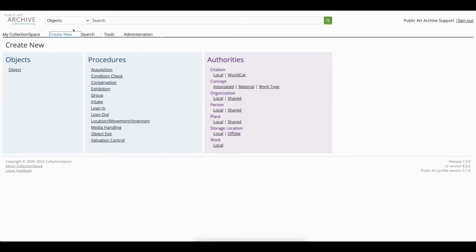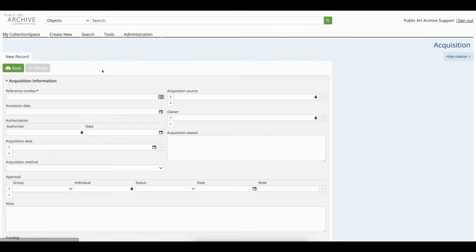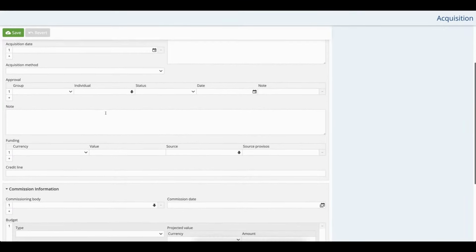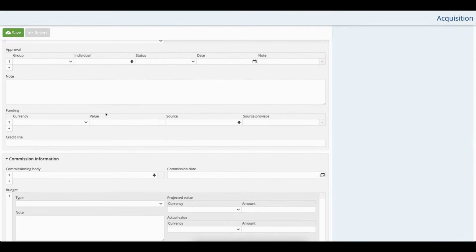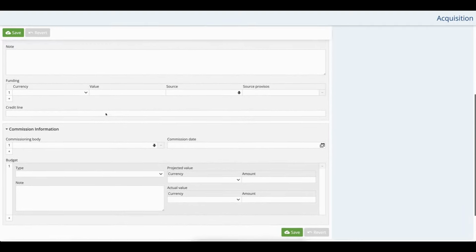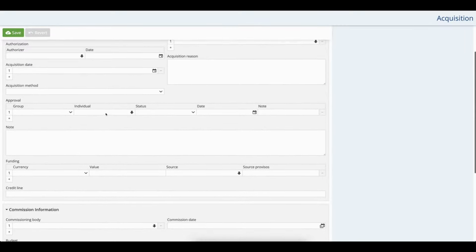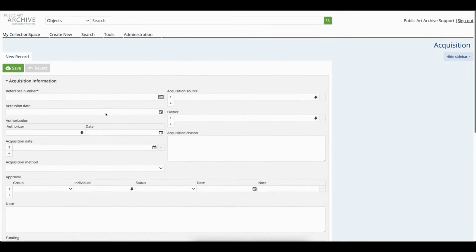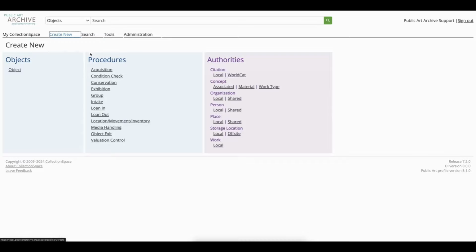Moving back to procedures, we'll walk through some of the most popular functions of the system. Acquisition is the process of bringing new works into the collection. Through acquisition, you are able to capture information about when a work was acquired, how it came into the collection, for example, as a commission or a gift, and document extensive budget details as you are in the project planning,